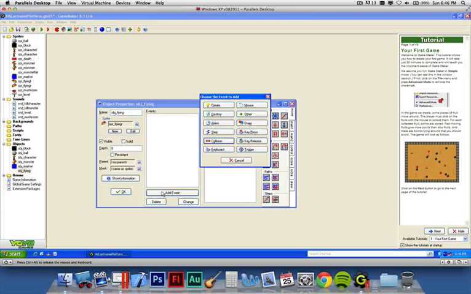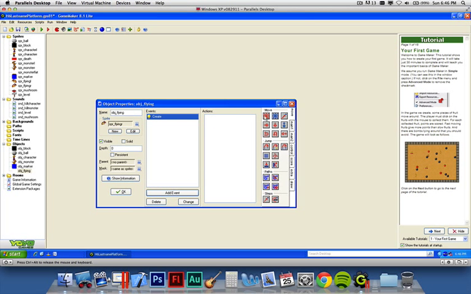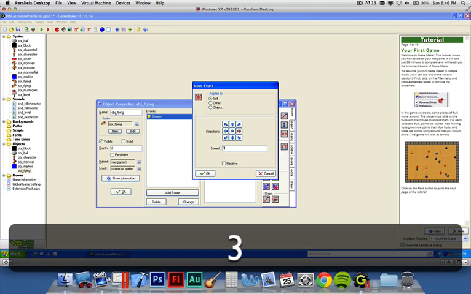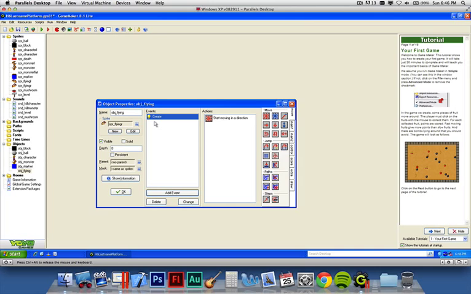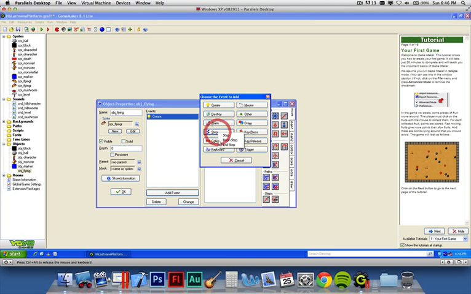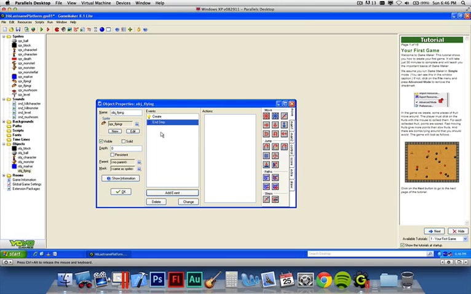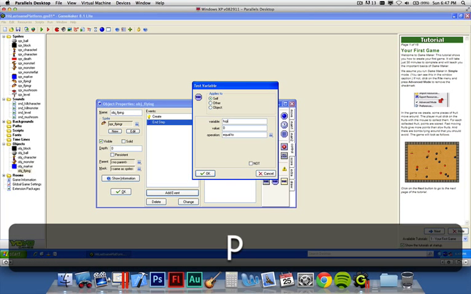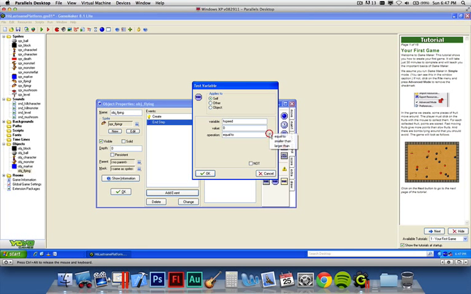When this object is created, so add a create event, we're going to start him moving to the right with a speed of 3. Click OK. We'll do an end step event to control which sprite is displayed for which way he's moving. So check the h speed, test variable h speed, horizontal speed, and if that is larger than 0,